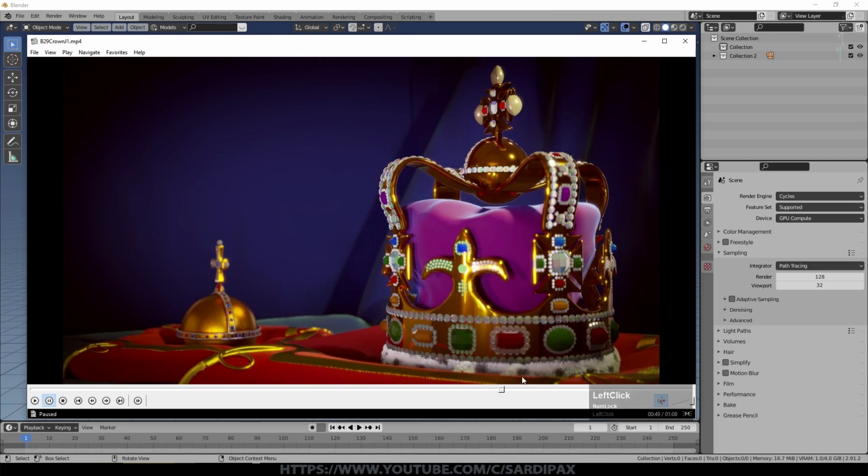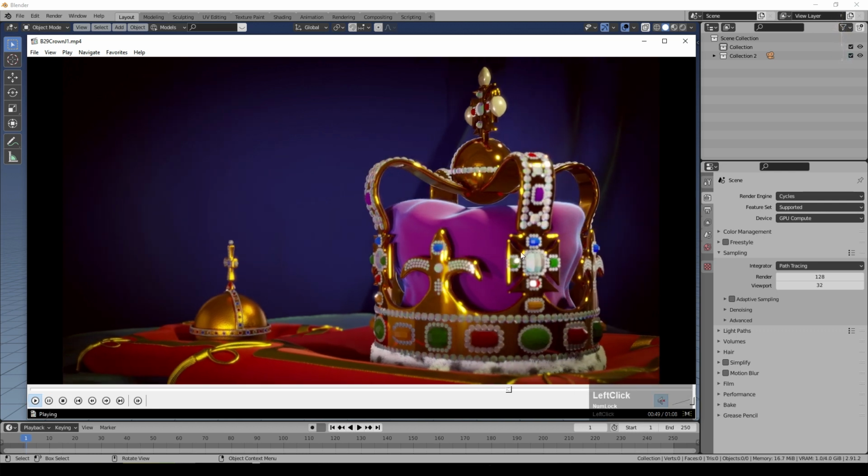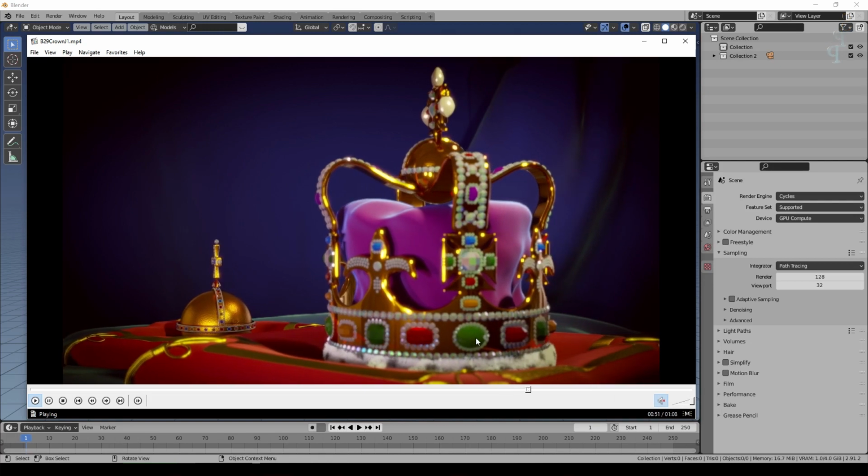Now this is done in Eevee, so there are some limitations to Eevee. The gems do look a little flat in some ways. You can get a fair approximation, but you don't get exactly what you would get in Cycles. Nevertheless, I've gone some way to getting a reasonably gem-like effect. You can even see there are little colours appearing on these faceted gems here.